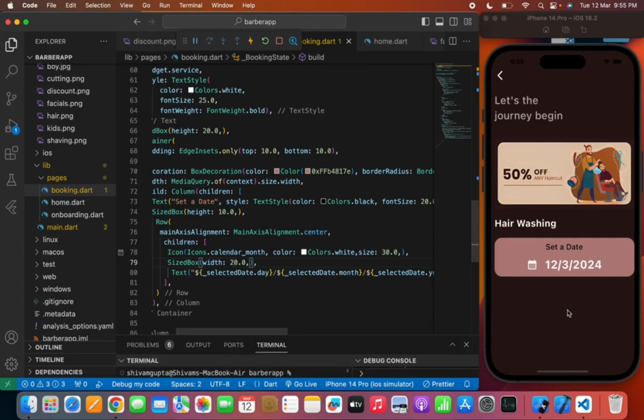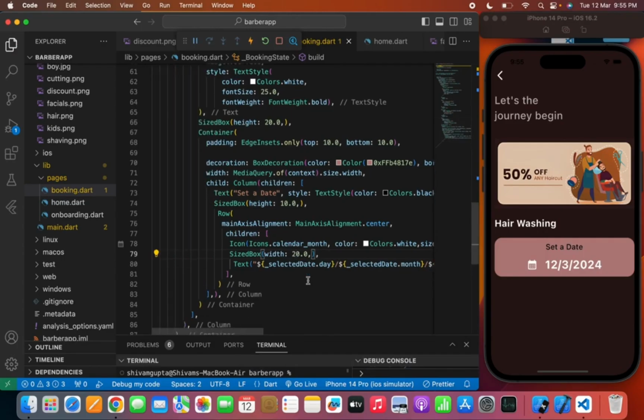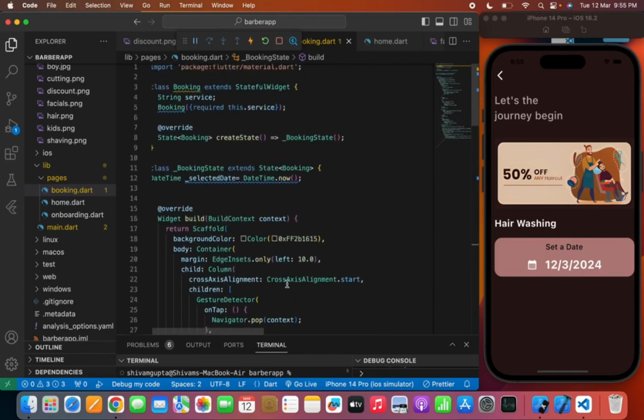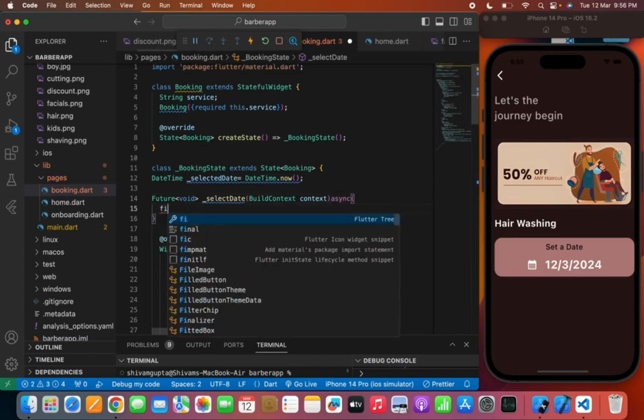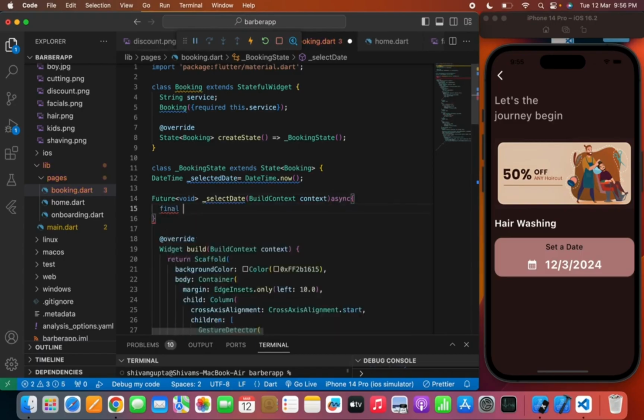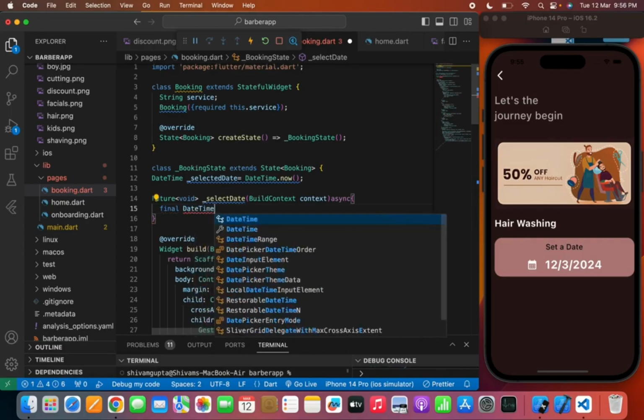Now I want that the user can select a specific date and can book the service. So we need to create a function here so that the user can select a date. So I will write Future void, and will pass the function name selectDate and BuildContext, now async. So I will write final DateTime picked